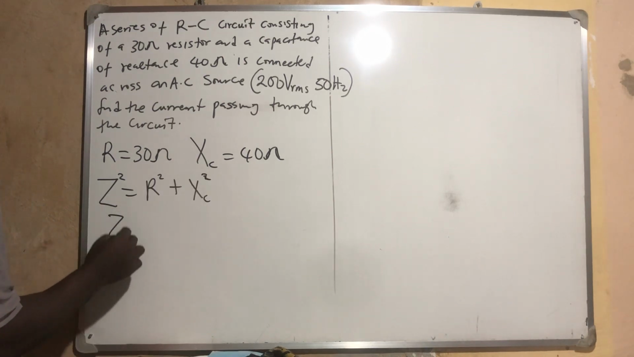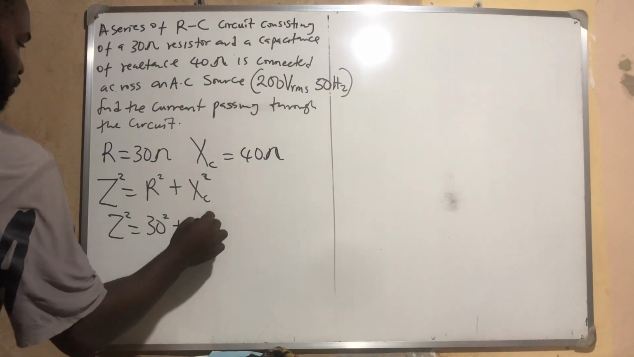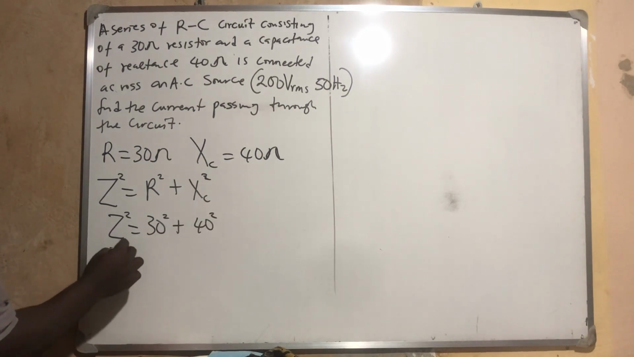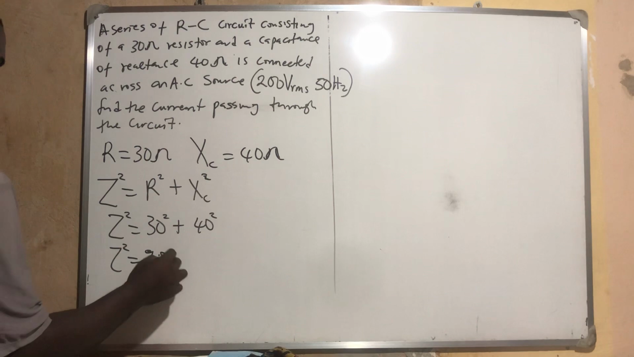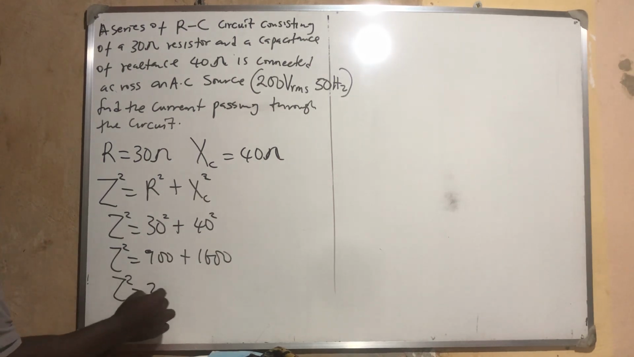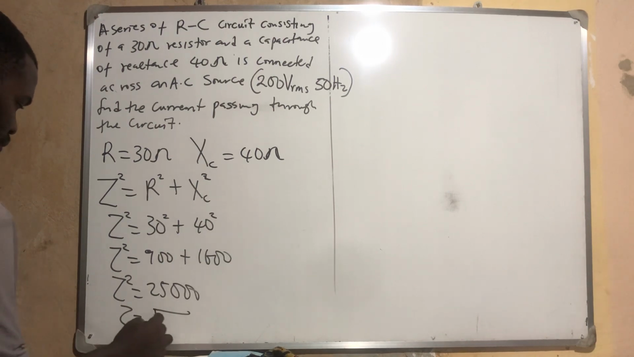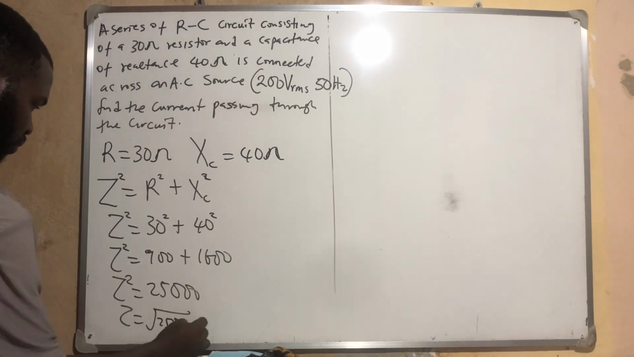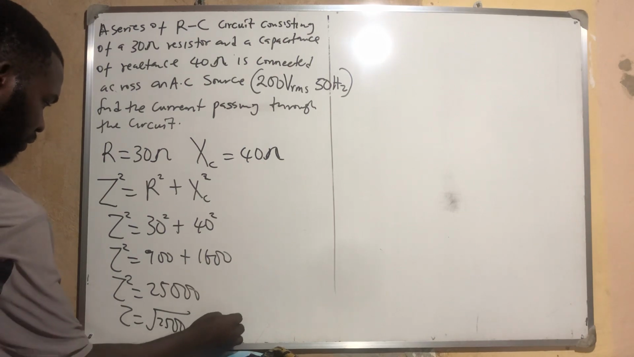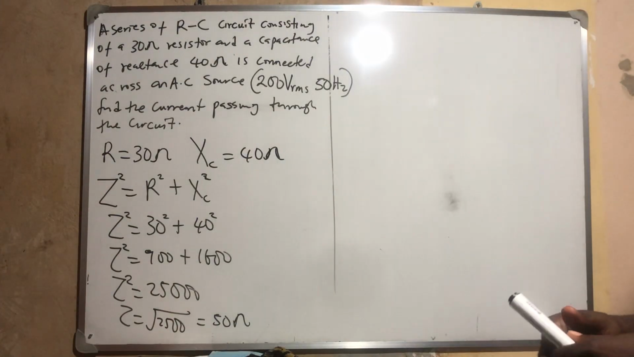So I have that my Z squared is equal to 30 squared plus 40 squared. So my Z squared is equal to 900 plus 1600. Therefore my Z squared is equal to 2500. So my Z will now be the square root of 2500, which is equal to 50 ohms. Okay, since I've gotten my impedance as 50 ohms, now the next thing they gave me is